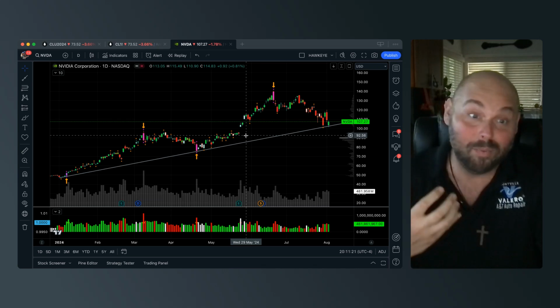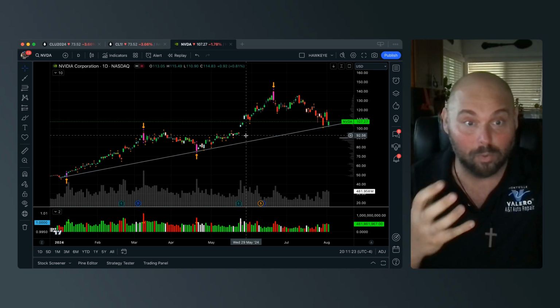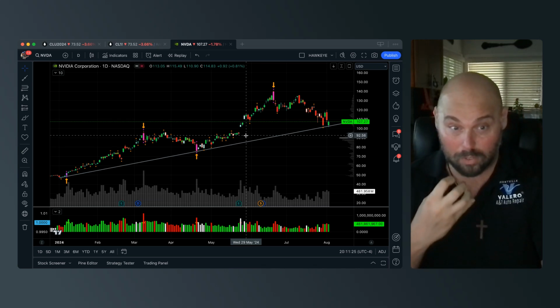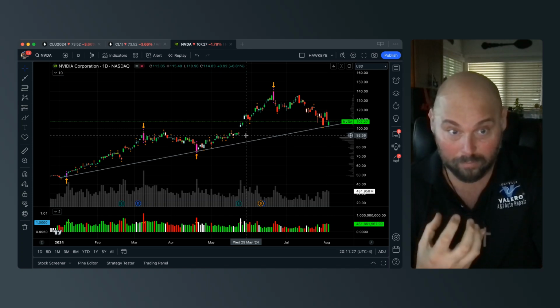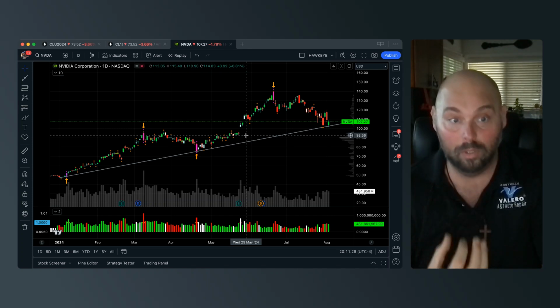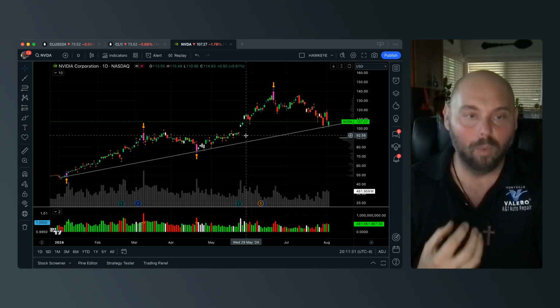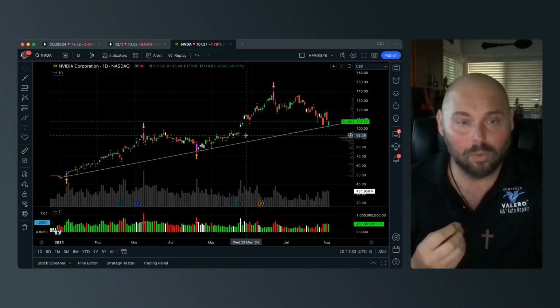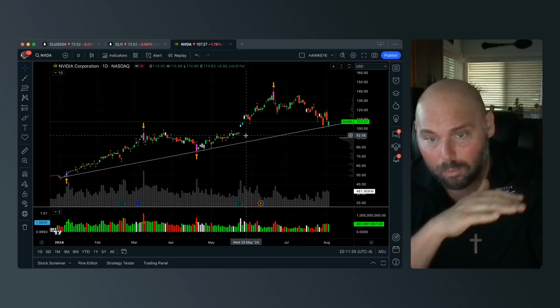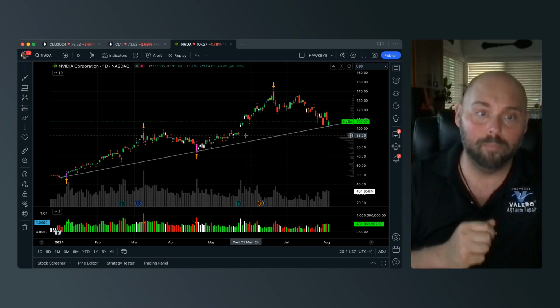Because that's what it is, a relationship between volume and price action. And you, as the trader, need to now be input. You have to be part of that input, understanding what's happening when, where, and why. And once you do, you will look at the market from a completely different perspective.